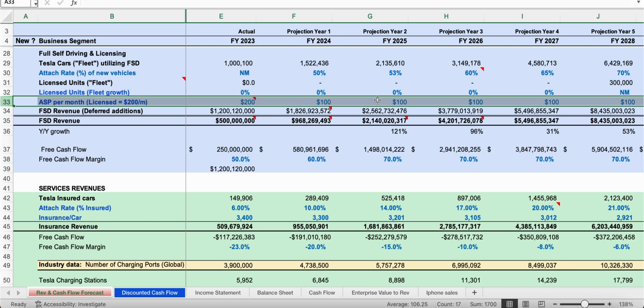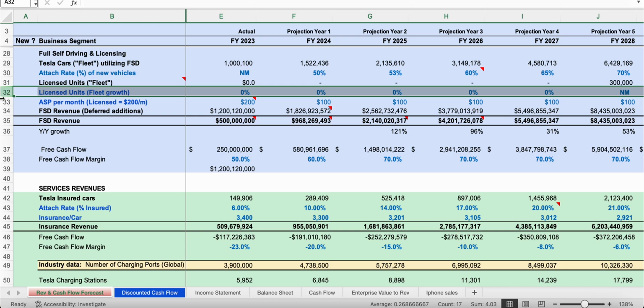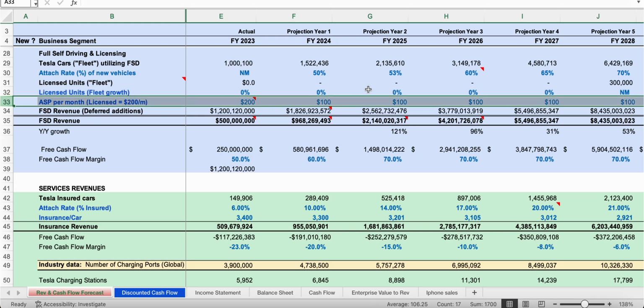Now, one key point. I think there's going to be some third-party licensing, not for a while, but I just want you to be aware that if you're looking at this line, you're like, what does this mean, license unit? And over here it says licensing because 200. I think Tesla's going to be able to license to robo-taxi companies and to other OEM legacy car companies like Ford, General Motors, Volkswagen, Chrysler, whatever. They're going to be able to license it. And of course, they're going to license the FSD at a higher price commercially, obviously, than they're going to do to their own customers. That's why I put $200 for license versus $100 a month